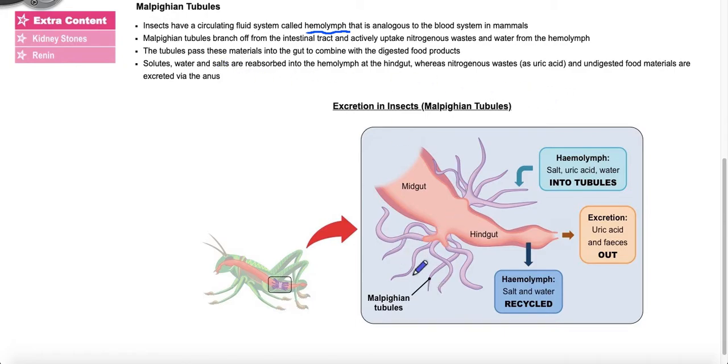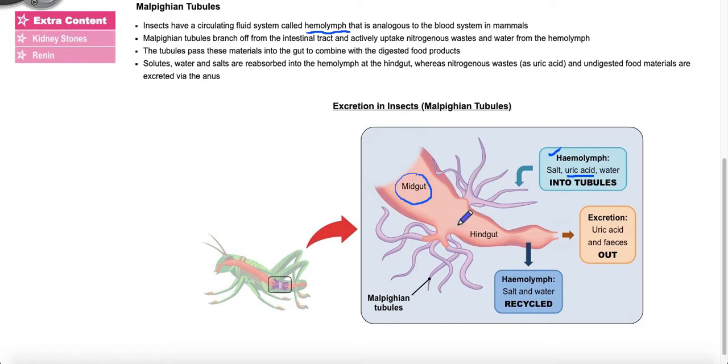So here we see the Malpighian tubules branching out from the intestinal tract, and they're actively uptaking nitrogenous wastes and water from the hemolymph. So here's the hemolymph with all of this material, including the toxic waste, which is the uric acid. It goes into the tubules, and then the tubules pass these materials into the gut. So it pretty much starts here in the midgut, and they combine the hemolymph with digested food products. And then